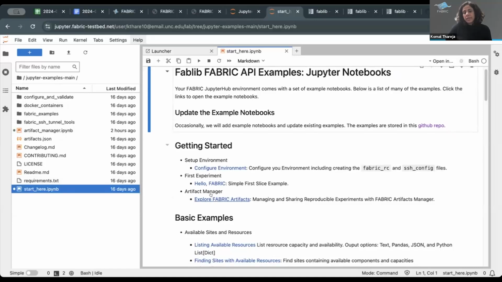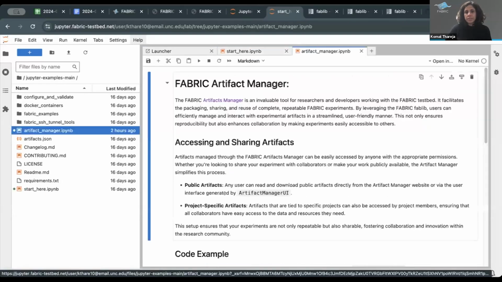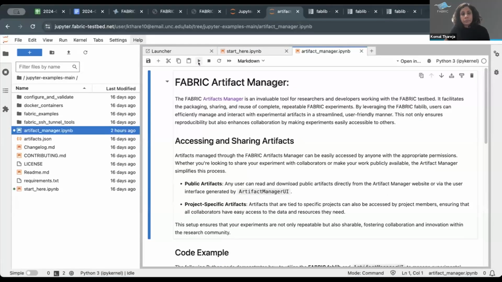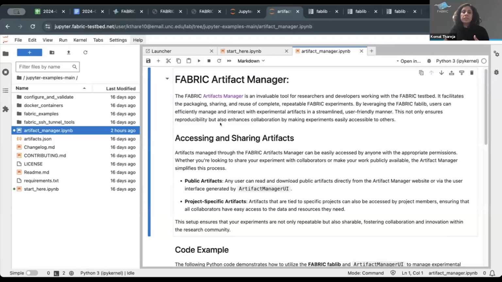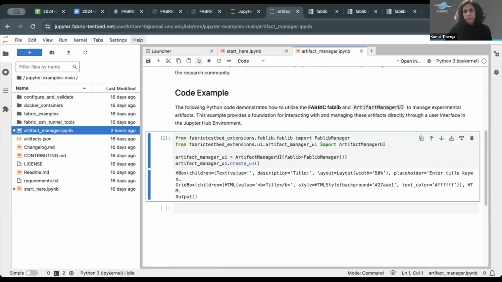This is the third example you would notice here. You can explore Fabric artifacts in the JupyterHub using this example. As earlier, Michael mentioned about the access of various artifacts, so this information is reiterated here. Some of the artifacts which have public access can be accessed by anybody. And then the artifacts which are project specific can only be accessed by the project members. So let me run this notebook, and then